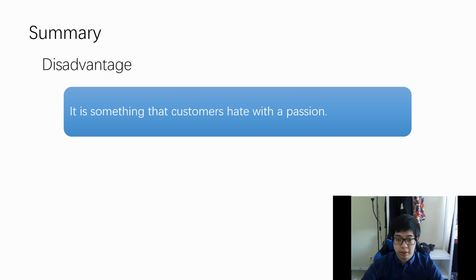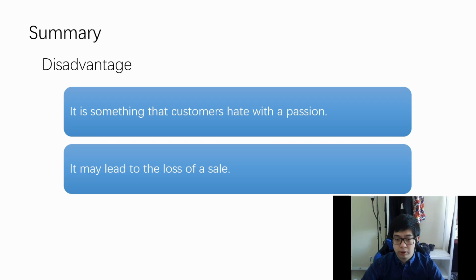The second one is that many consumers will research the products or services before buying. They may know the suggested retail price of certain goods before they make the purchase. If the price of the product is higher than their expectation, they will go elsewhere to buy or leave the company or website directly and may never come back.